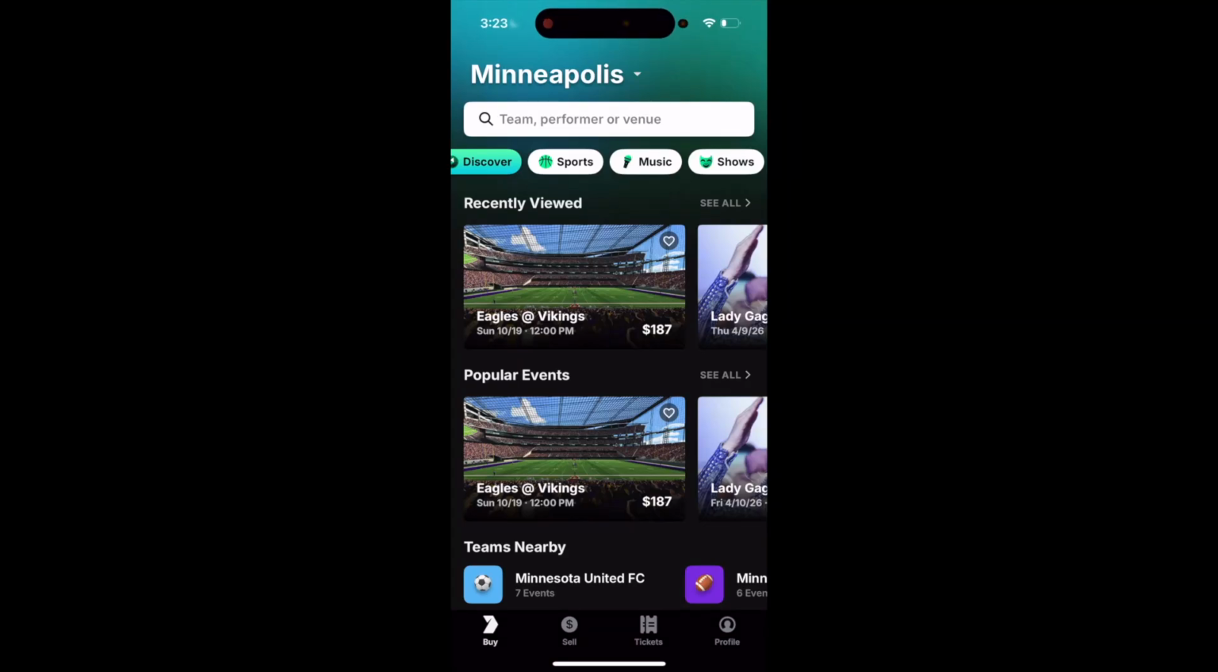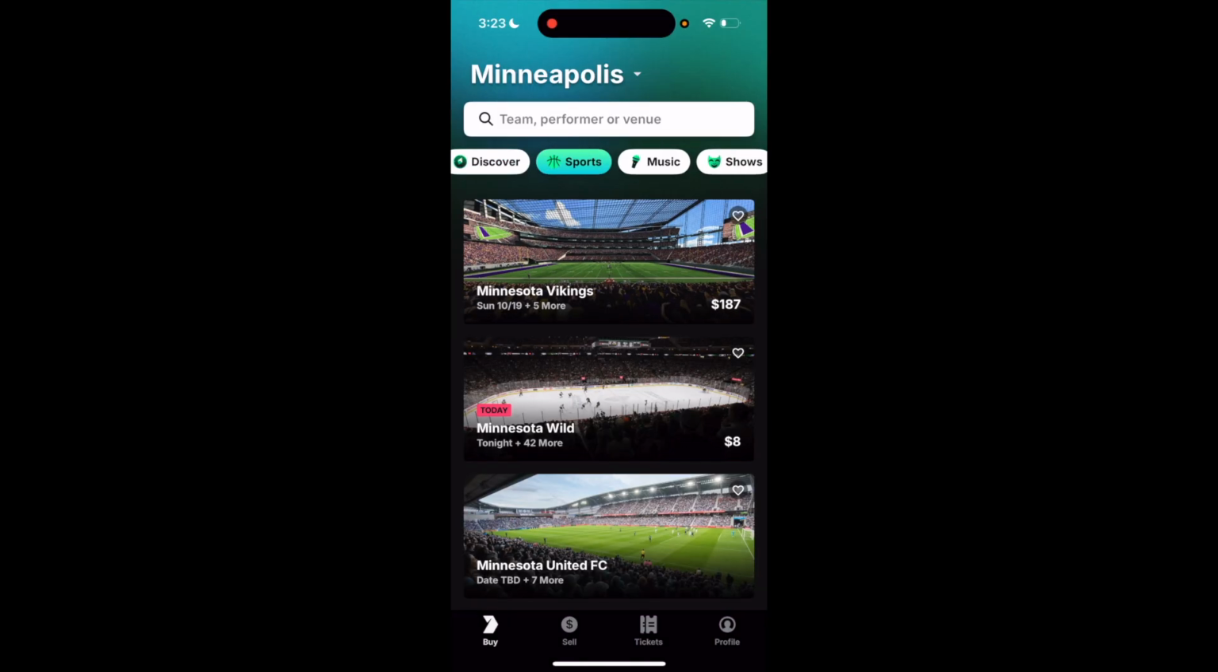So in this Game Time tutorial video, I'll be showing you guys how to buy MLB tickets here on Game Time. So once Game Time is opened up, I want you to go to the top here and make sure that sports is selected. Now, I have Minneapolis set as my location, but if you wanted to go ahead and change that to a place,